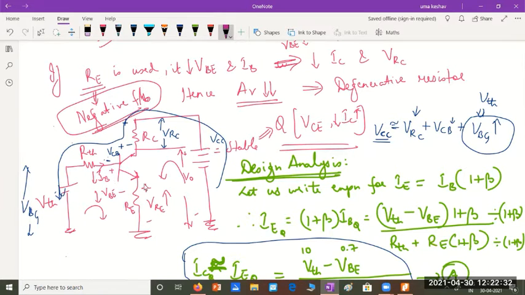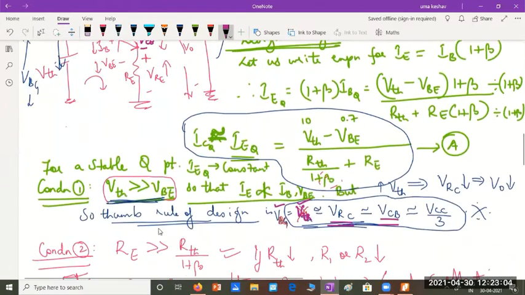So don't make this emitter resistance too large, because if I increase this, the sum of this plus the collector-emitter voltage here plus this drop across will be a constant value. If you increase this, the amount of feedback going to the input part of the circuit increases, which will decrease the input current, input voltage, and also output voltage. So we don't prefer to increase Re to a large value, one thing.